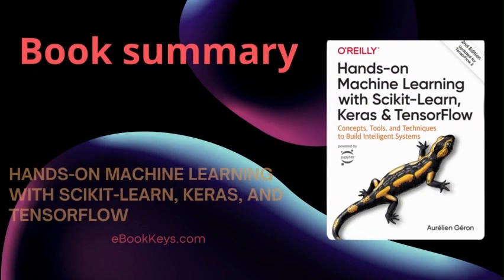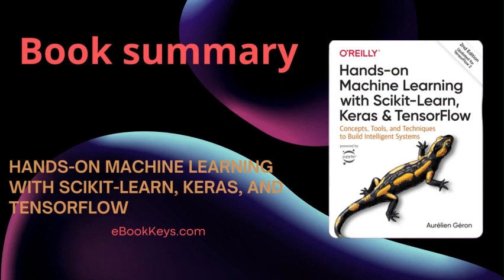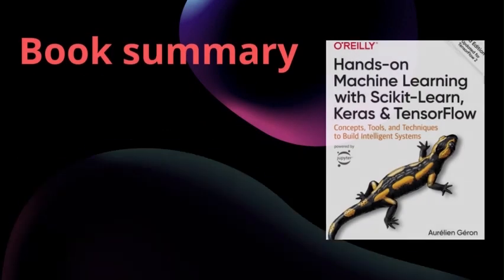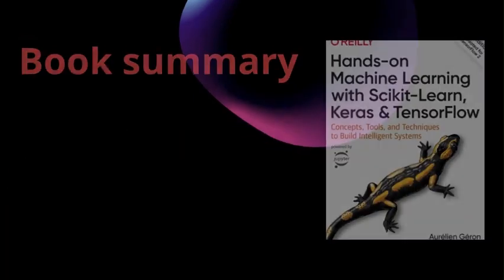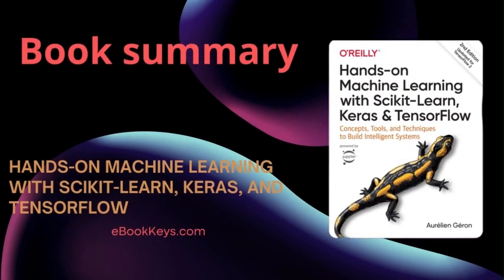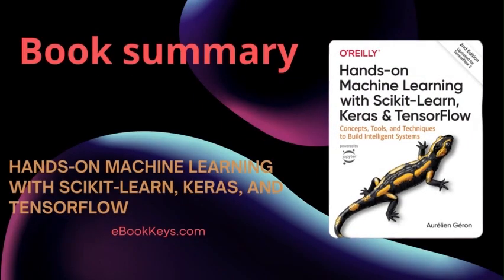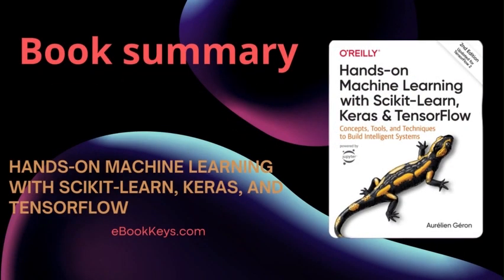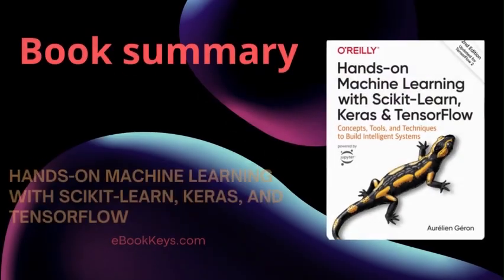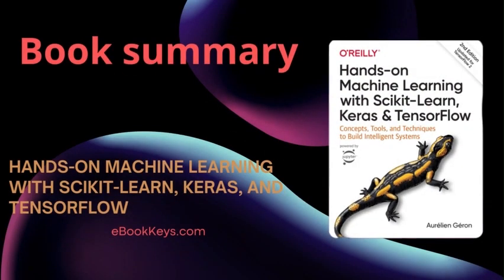In conclusion, this book, Hands-on Machine Learning with Scikit-Learn, Keras and TensorFlow: Concepts, Tools, and Techniques to Build Intelligent Systems, is a comprehensive guide that covers the key concepts, tools, and techniques in machine learning. It starts with an introduction to machine learning and guides readers through setting up their machine learning environment. The book then explores data exploration and visualization techniques, linear regression, classification methods, decision trees, ensemble methods, dimensionality reduction, clustering,